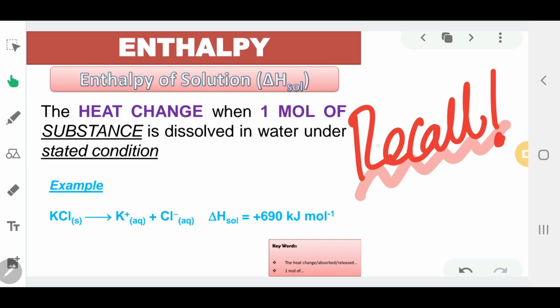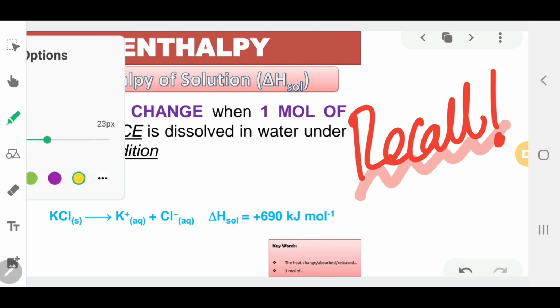Try to recall the enthalpy of solution. This is very important when you want to understand what is going on in the dissolution process. Based on the definition of enthalpy of solution, the heat change when 1 mole of substance, and over here we are going to refer to an ionic substance, dissolves. So we have